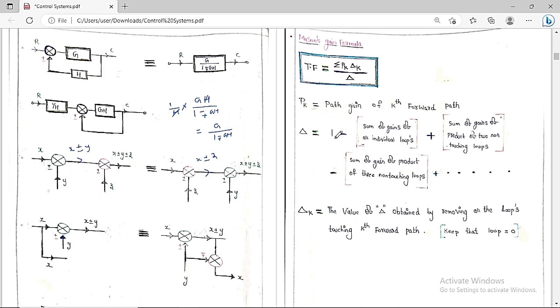This is all about the loops and paths. Loop gain is nothing but the product of all the gains present in that loop. That is called the loop gain. Always remember, the transfer function by Mason's gain formula is equal to sigma pk delta k by